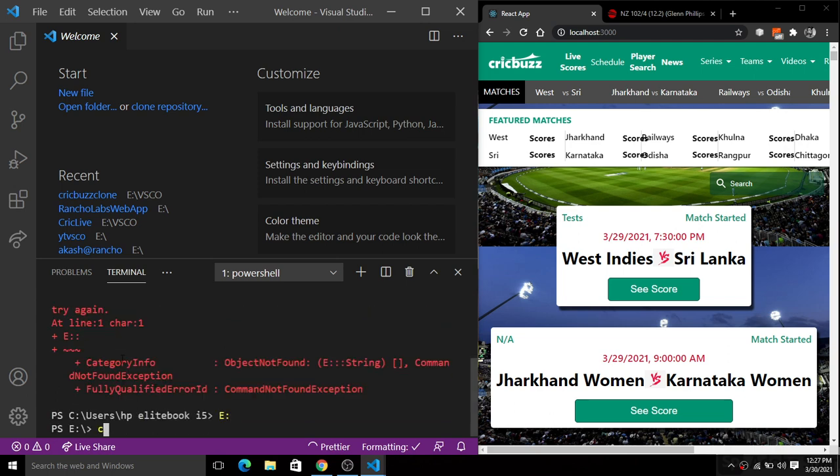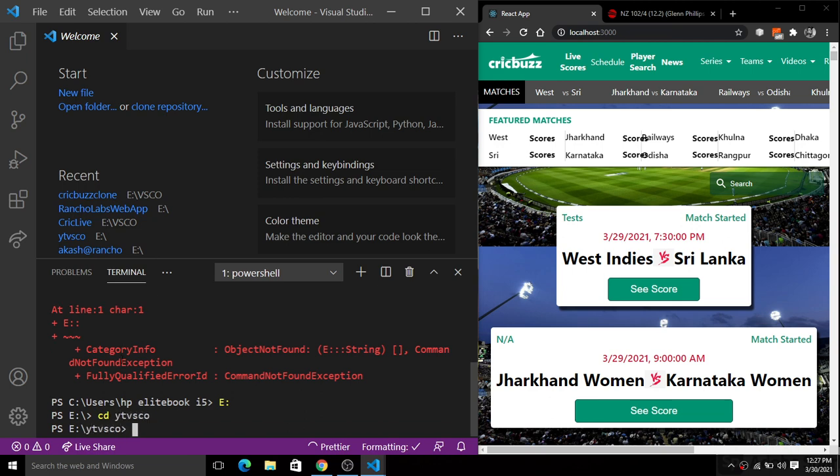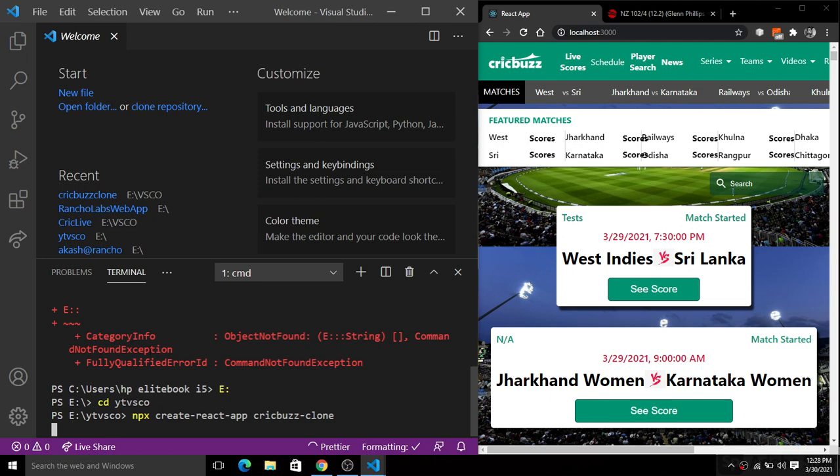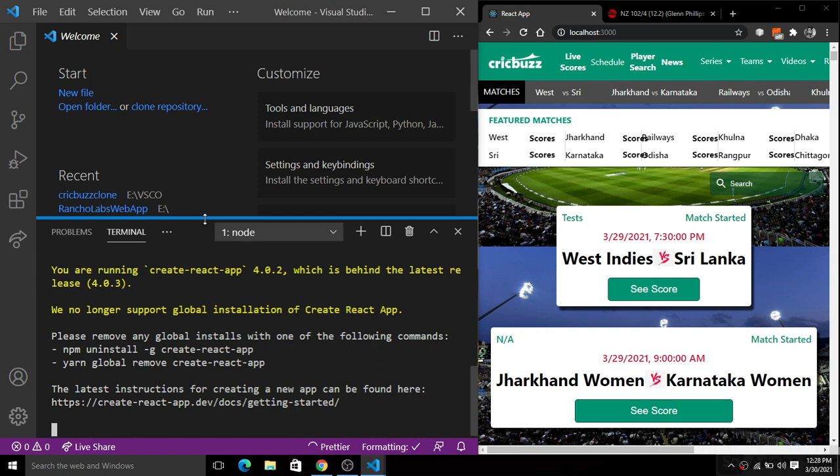Now inside of this directory I'm going to create a React application through this command, npx create-react-app, and the name of the project. I'm going to give the name ClickBuzz clone. Hit the enter button. It will take a couple of minutes to initialize all the processes required here.